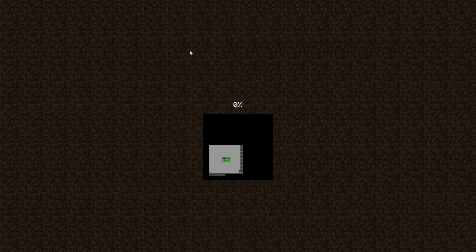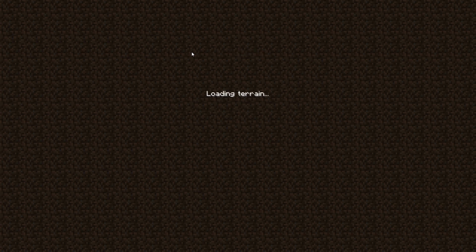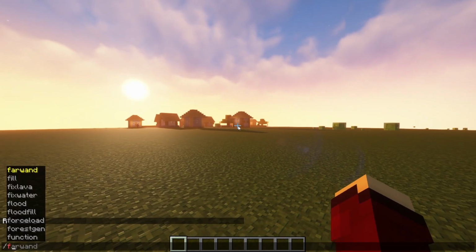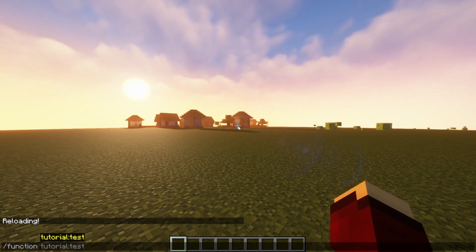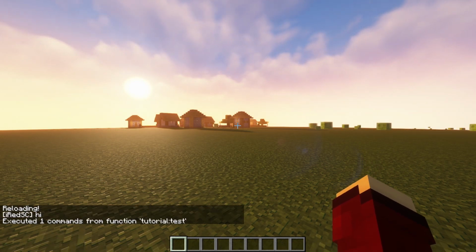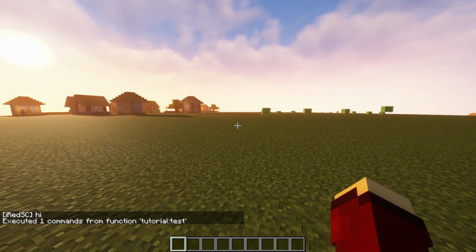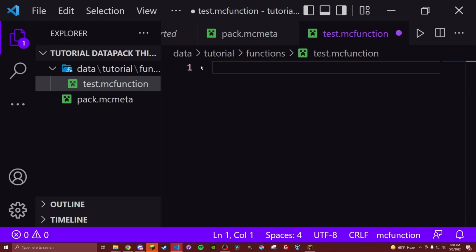Go back into Minecraft, open up my world, and then run reload. And then I can do /function and tutorial:test comes up, and I can click on it and I say hi. Easy peasy. Commands in this function will all run in the exact same tick in order for whatever